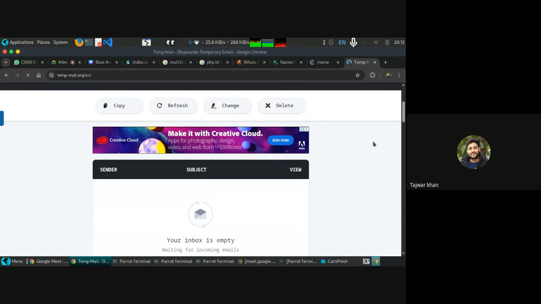DuckDuckGo is a very good search engine, and you can configure it in your Firefox, or in your Tor as well. There are lots of search engines, but when it comes to a good experience, Google Chrome is there, because they take your data and make your experience better. Getting my point?